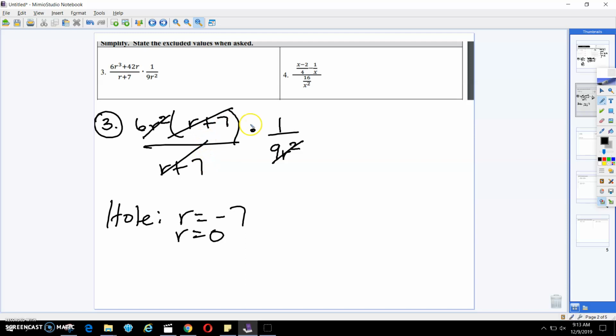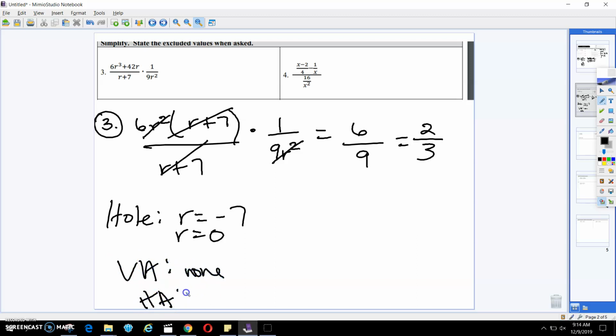So we're left over with 6 times 1 and 9 in the bottom. So this is actually going to give us a constant of 2/3. So we don't have a vertical asymptote,